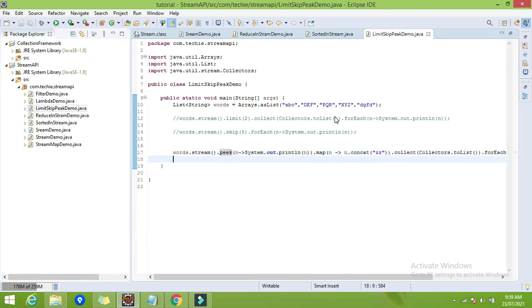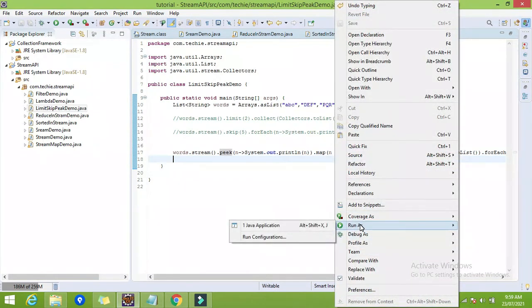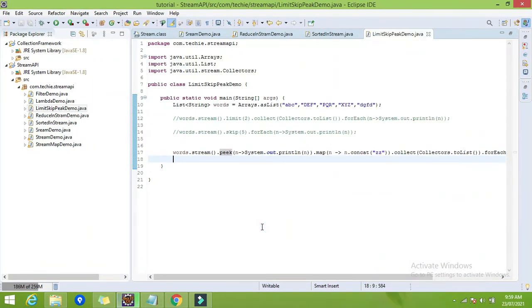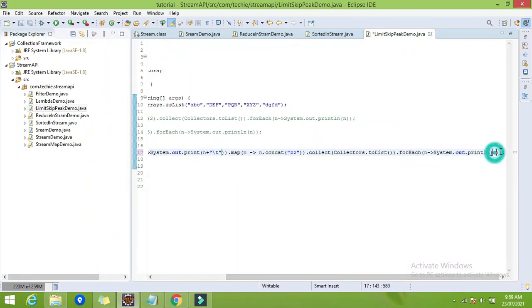So let's try now. Let me display on a single line so that we can directly compare. Let me do it here also.